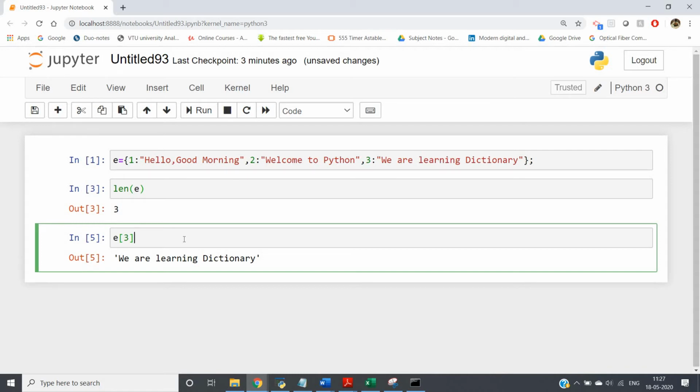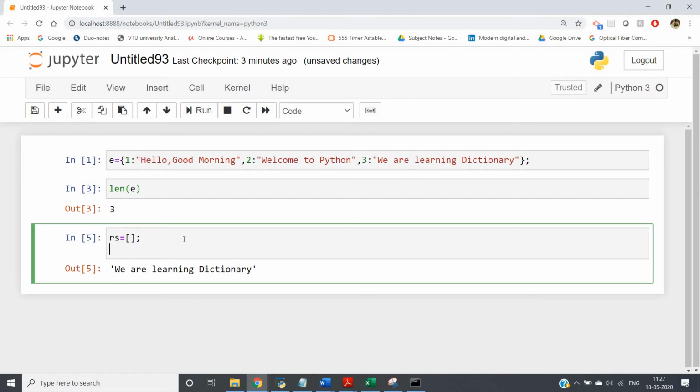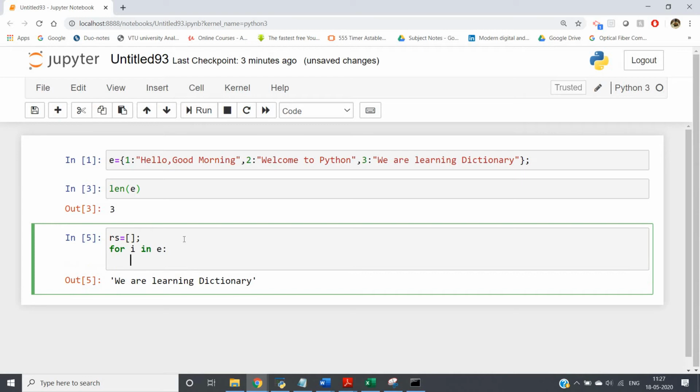Now suppose I am giving you one dictionary for which you don't know the keys. How can you get the keys? Very simple. Suppose I define one empty list here, rs, and then I will traverse the dictionary. For i in E colon, rs dot append i.